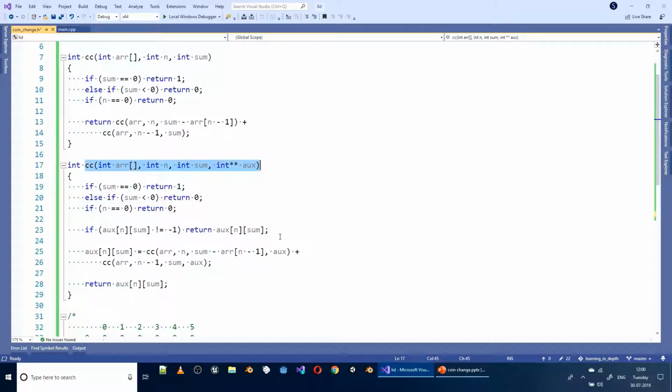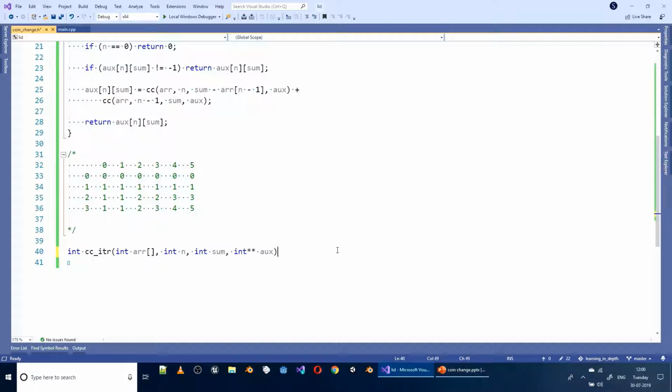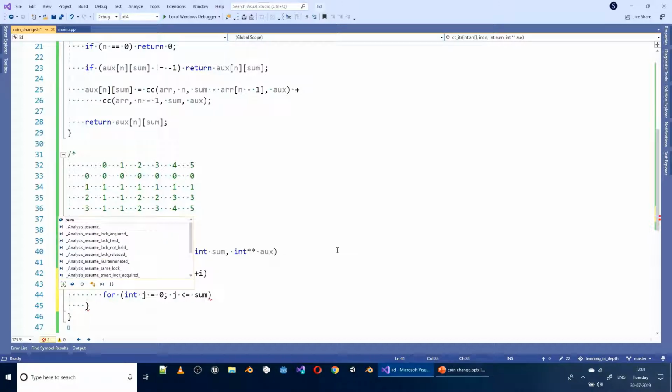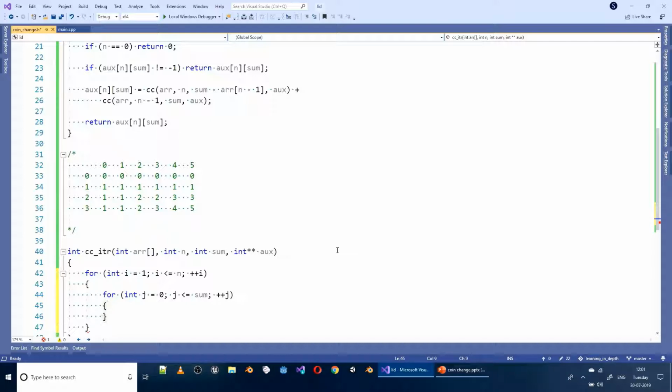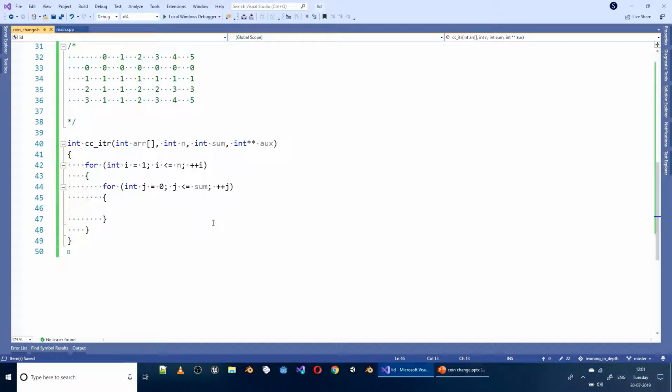Let's copy our function declaration from here. Change the name of the function. Okay, so we are going to require 2 for loops for each dimension. Now inside this, if j equals 0, what we want to do is we want to put it equals 1. Okay, and else if